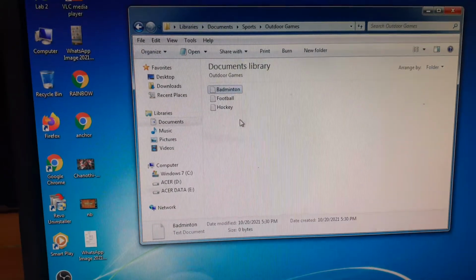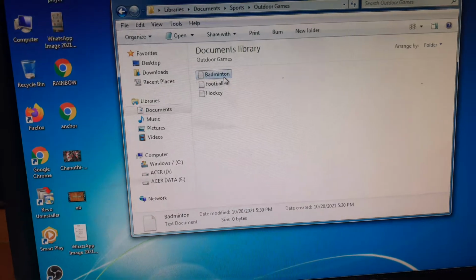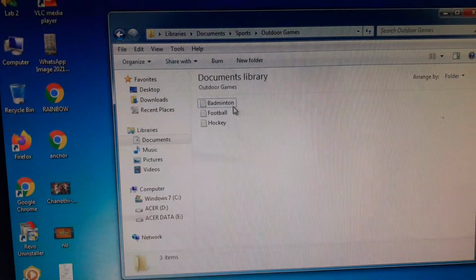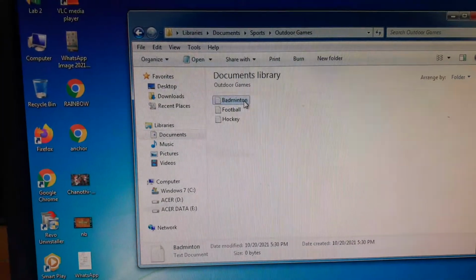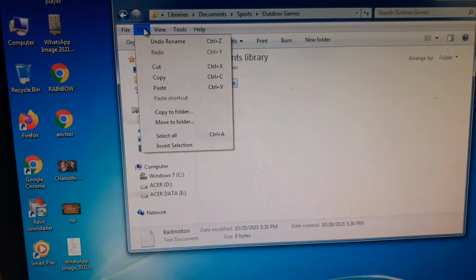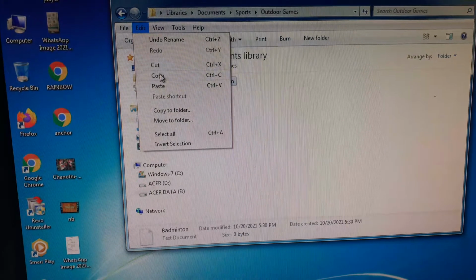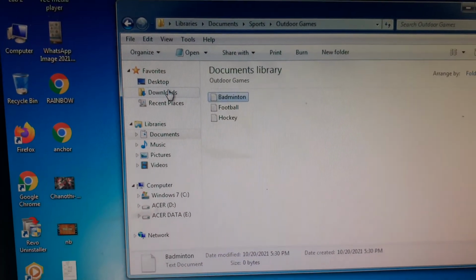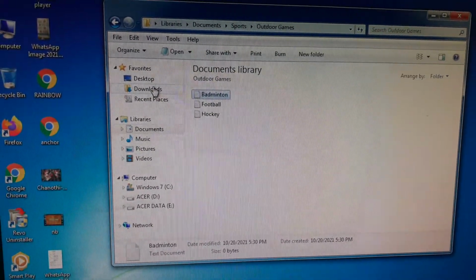So in this outdoor games window, in the file list, point to the badminton file in this way and select it. Now on the menu bar click on the edit command. You will see the drop down menu. Now click on copy, because we want to make a copy of badminton in indoor games.